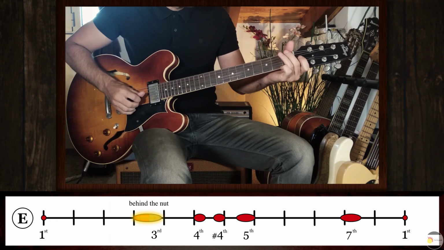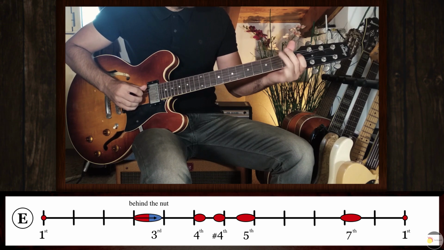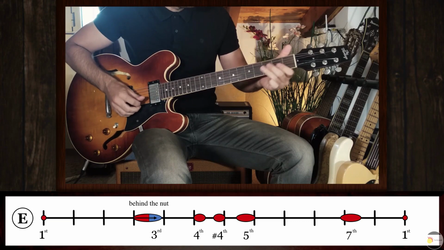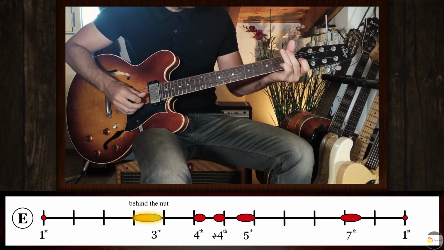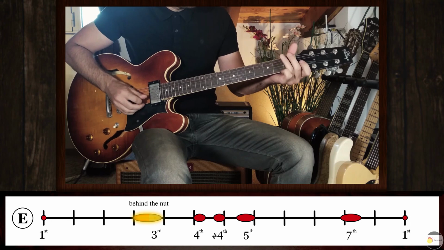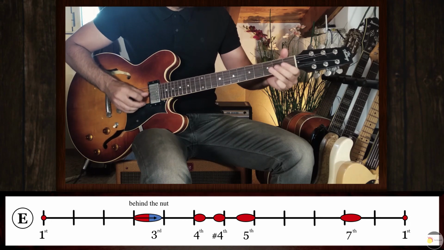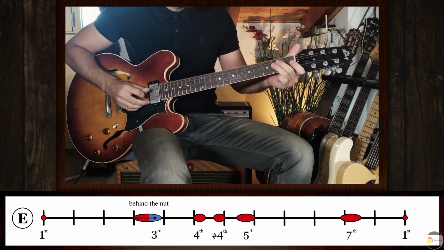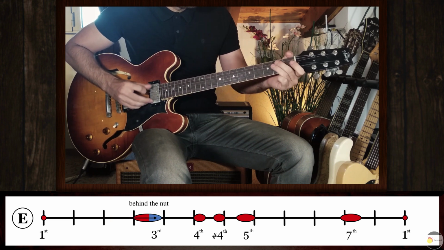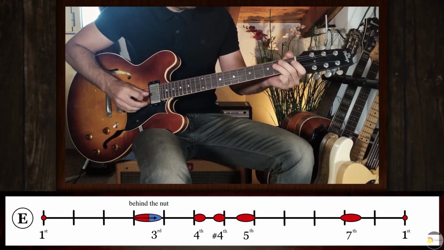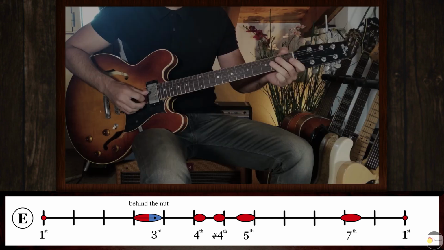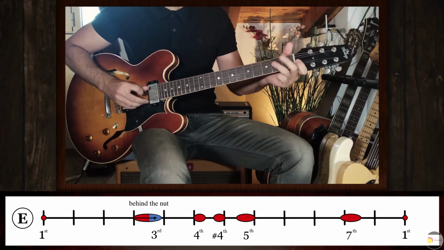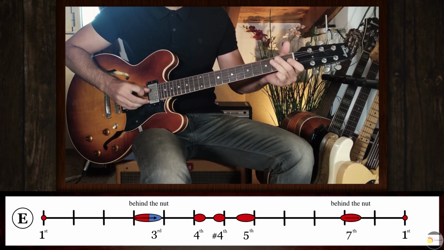Bend behind the nut. Okay, this one is more like a trick, but it's fun to use it from time to time. Of course, it has a limited use since you have to hit an open string. I use it mostly in E blues, hitting the G string and then pushing the string behind the nut until I reach the major-ish third. It can also be used in the D string to bend the 7th degree.